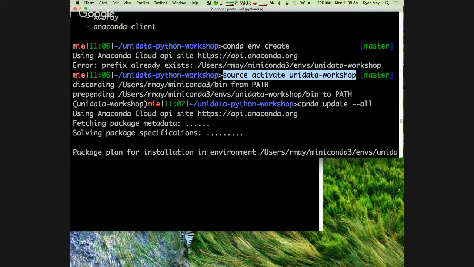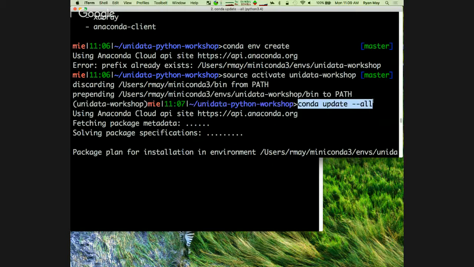It's just if you got the error and already have the workshop environment, then we need to activate it and do conda update --all to get everyone up to the same point. Things have changed since I installed. Yeah. Not much, but at least MetPy has a bump. I just installed Matplotlib, which I blew away. Well, you only blew away the install. The file shouldn't have needed to be re-downloaded, I don't think.